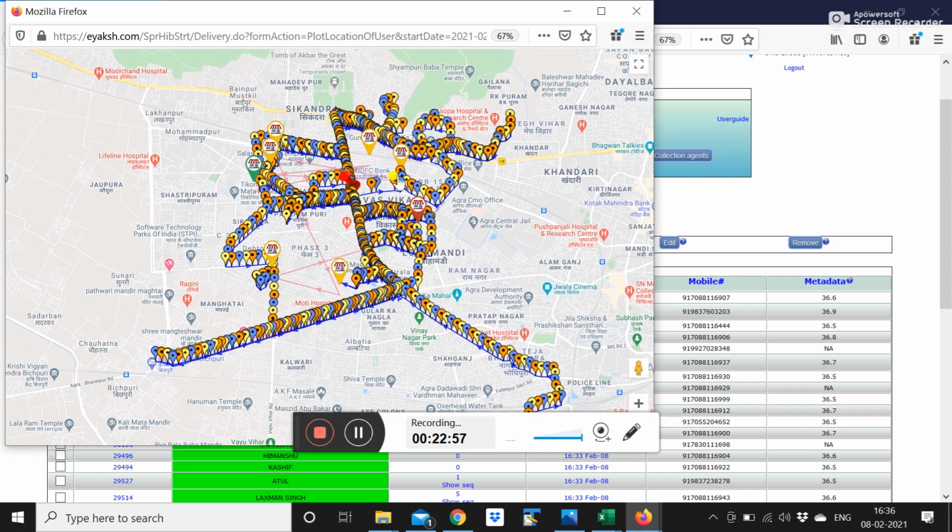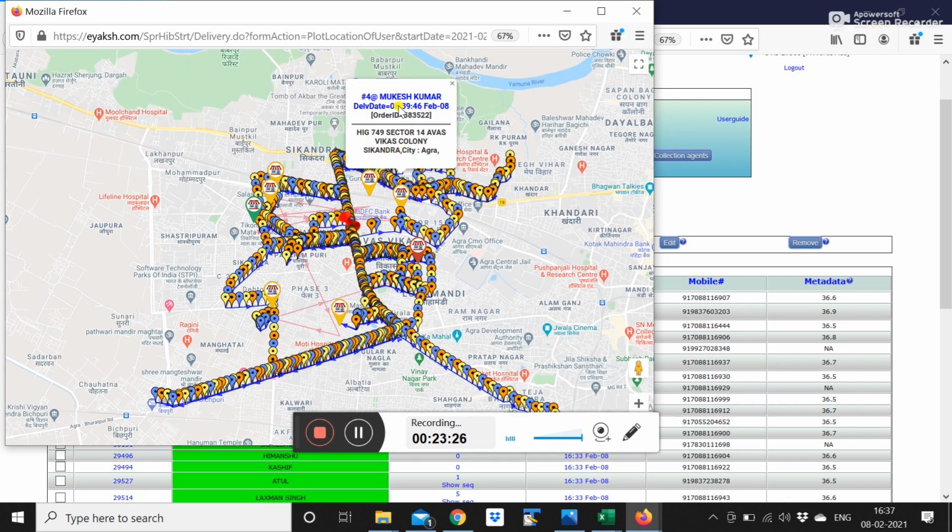Along the route you can also see the customers he has attended. He has not gone anywhere else, he has attended all these customers. You can see that this is customer number 6, and he completed this collection at 9:55 a.m. Completed comes from the information that after he slides to in transit, he has to slide to completed, and that's how the timestamp gets captured.